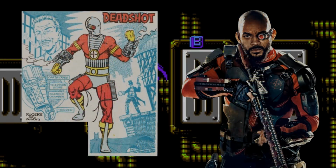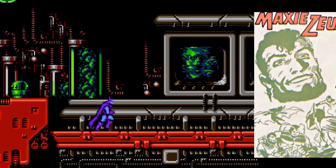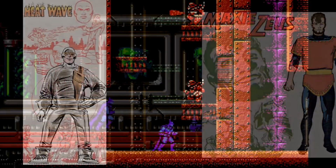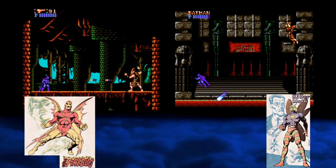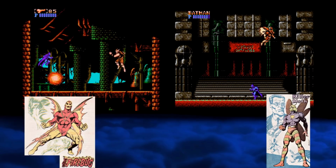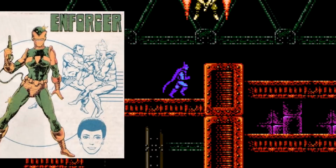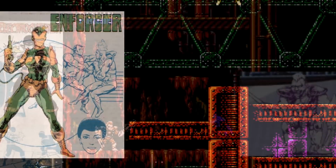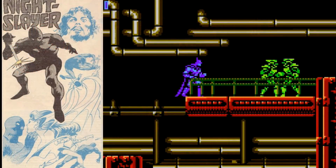dig up names like Deadshot, Maxi Zeus, Heatwave, and more, but none of the in-game characters tend to echo their comic counterparts beyond Killer Moth flying and Firefly using fire. They made KGBeast a cyber ninja. What? This misuse of character identification exemplifies how trying to reference source material can actually backfire and make things less